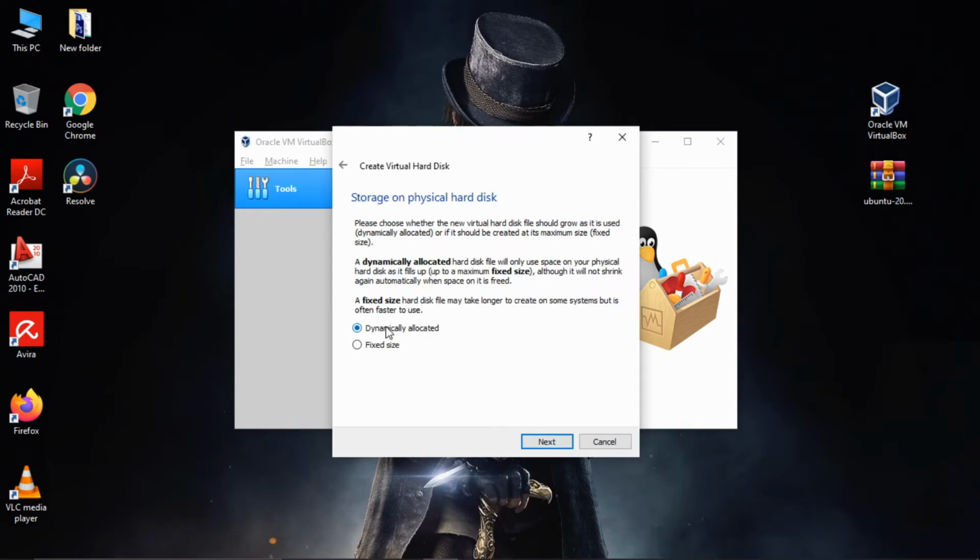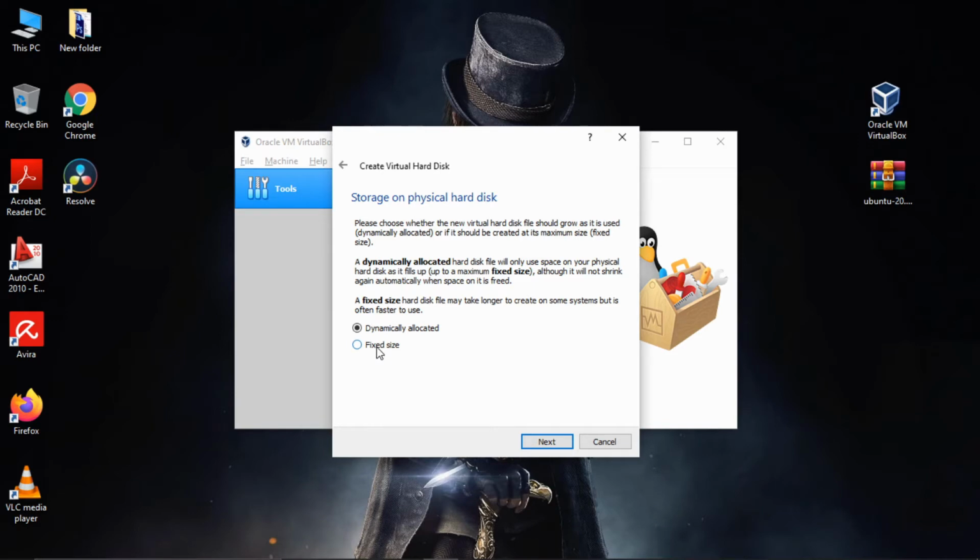And next, here we can see it's asking whether it should be dynamically allocated or fixed size. What dynamically allocated means is that it receives storage whenever it needs. So if I already have 10 GB, and I need an extra 2 GB, I can get it whenever I need it. That is called dynamically allocated. But once it is taken, it cannot be given back. So if you request an extra 5 GB from the host operating system, it delivers you 5 GB, and you cannot return that 5 GB to the host computer. So that is dynamically allocated.